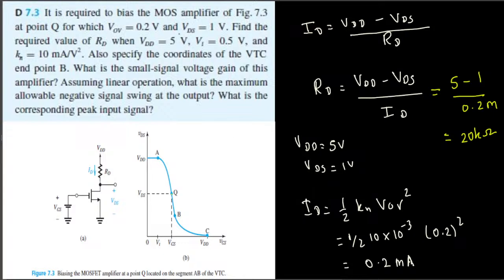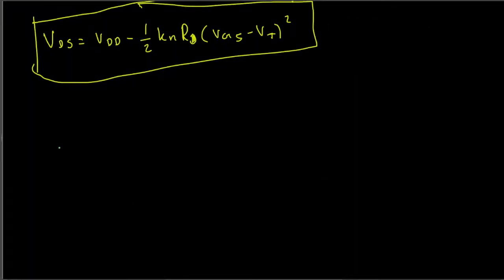But we can use this one in that equation, but let me double check. Yeah, so we have to find out VDS in that region as well, but the equation we have, we are going to apply this one voltage over there. Okay, let's do that. So if we rearrange this equation, this is going to become